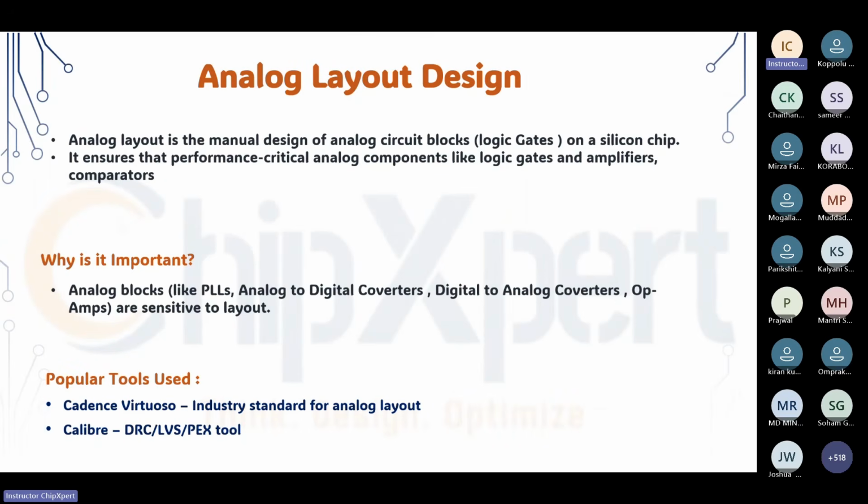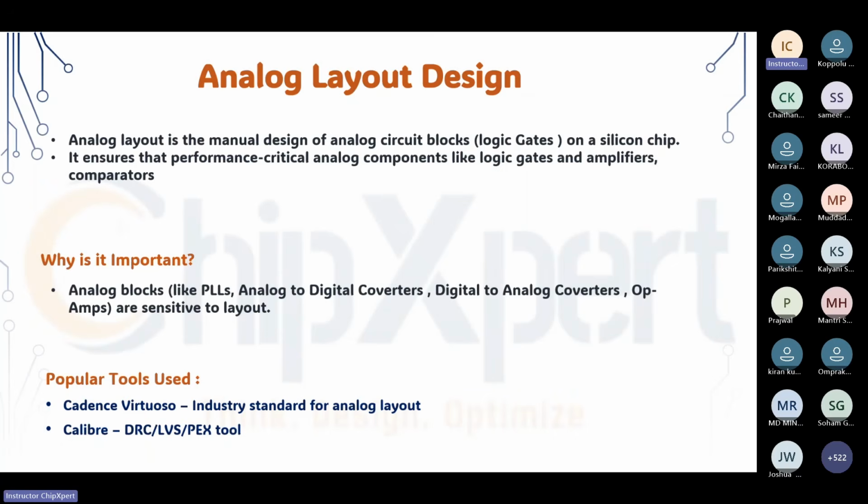Let me explain with the story of a normal movie. You have a story, but you need characters for it. Those characters are designed by the analog people. The design and verification people design the Verilog file or netlist file, the story, and the characters, for example for an AND gate, are designed by the analog layout design people. Each and every gate, memory element, PLL, digital to analog converter, op amp, everything is designed by analog layout. This comes under the back end, designing in a graphical way.